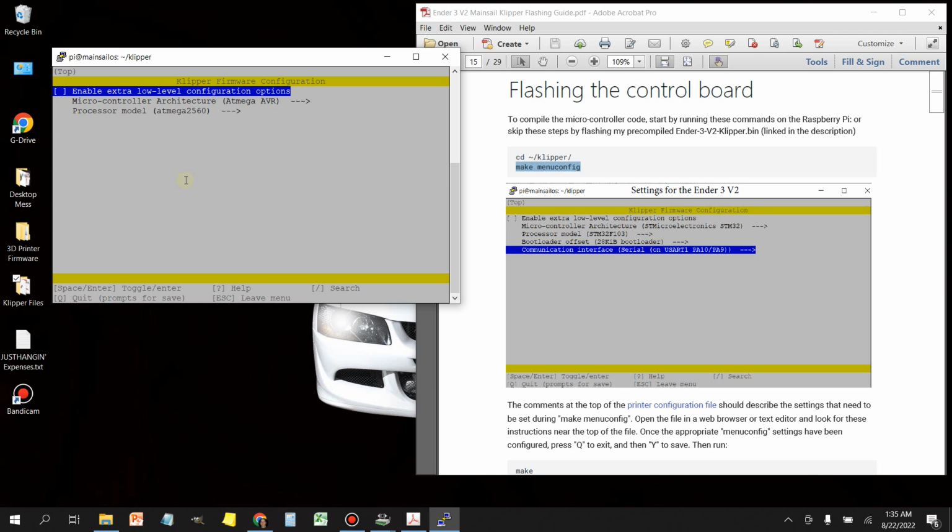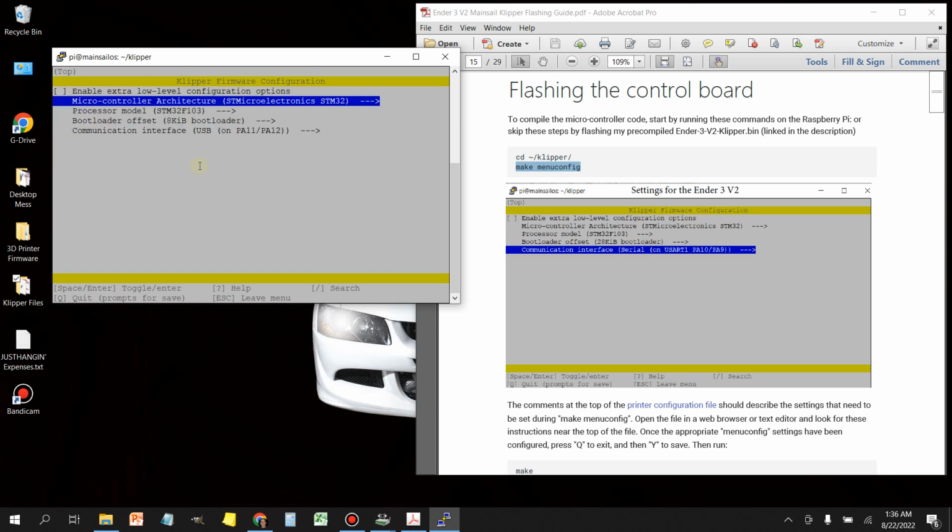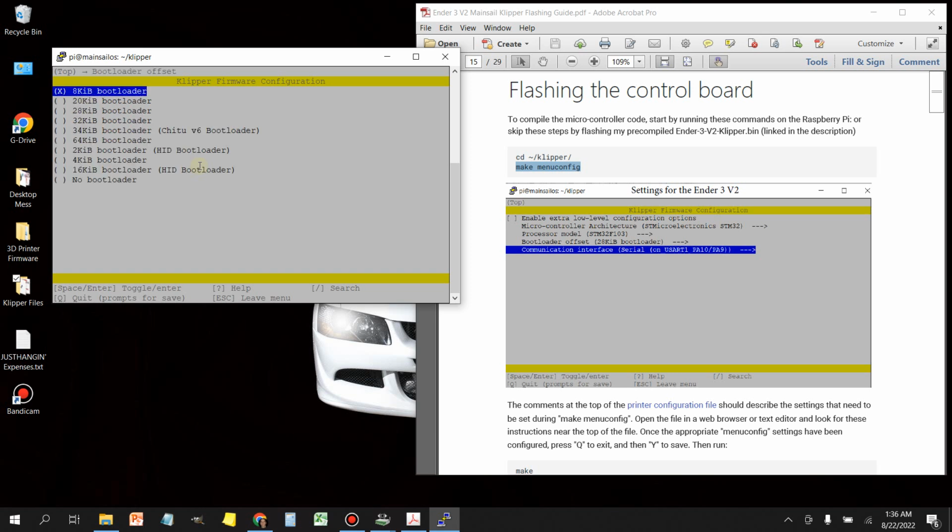Now on this screen, we're going to enter the information that we're going to need to configure the flash tool to flash the particular board that we're using. So if you look at the instructions here on the right, we need to use the arrow key to come down to microcontroller architecture, then use the right keyboard arrow, down arrow till you get to STMicroelectronics STM32, and then use the space bar to select it. And it's already pre-selected the proper processor model. But then we got to go down to the next field, which is the bootloader offset, and we got to change that. So go ahead and arrow down, use the arrow right to select it, and then arrow down to 28 KiB bootloader, press the space bar,